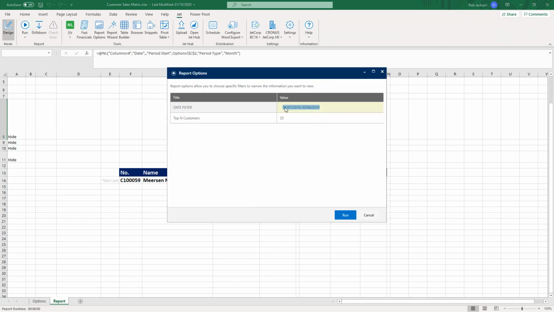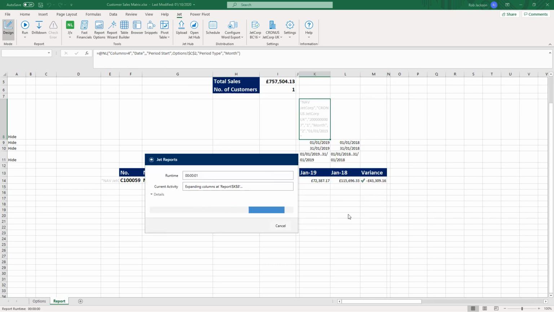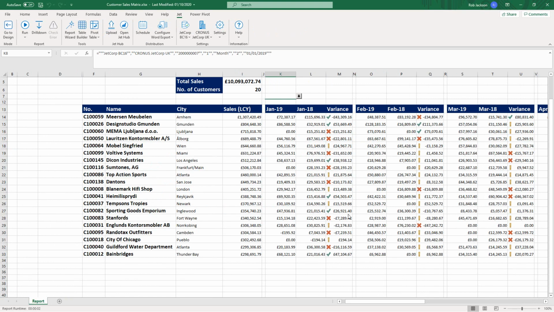Again, I can specify a range of dates that I want to include. I can again change this, for example, to a whole year, and I can choose the number of customers that I want to include in the report output. So let's say, for example, I want to see the top 20 customers. So when I go ahead and run the report, you can see here that JET works very nicely with standard